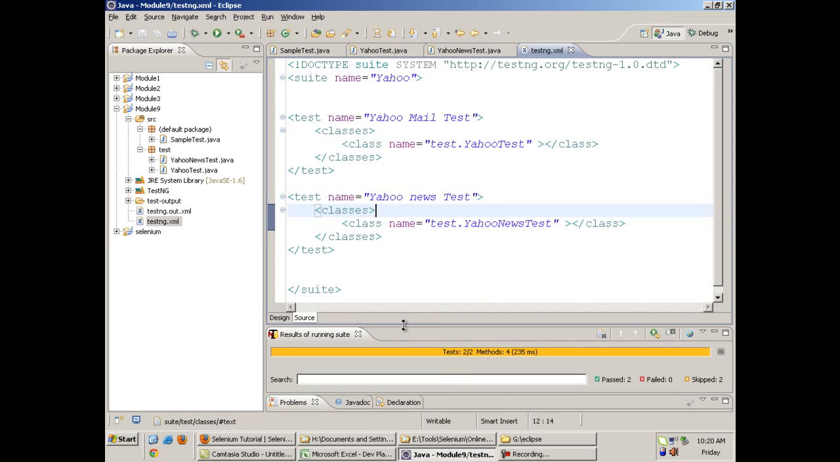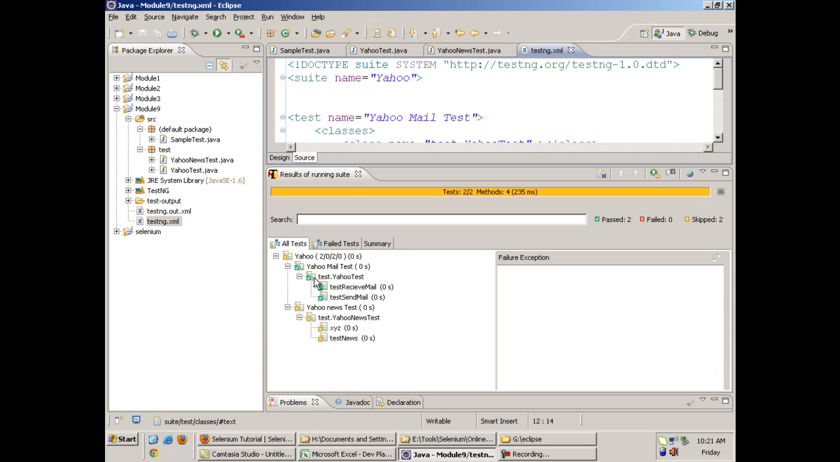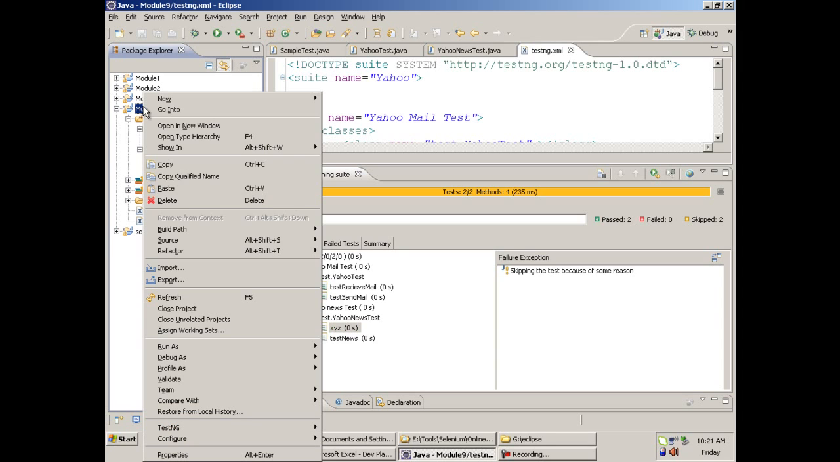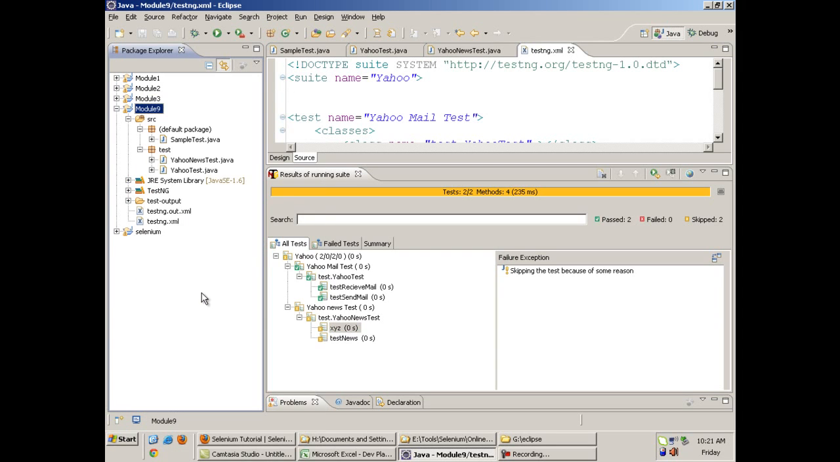If you look at the window in Eclipse, then it will tell you Yahoo Mail test is in green color. There are 2 test annotation functions, and both were executed. But in Yahoo News test, none of the tests were executed. The color is in yellow, that means it's been skipped. If you refresh your project and go to the test output, let us see the